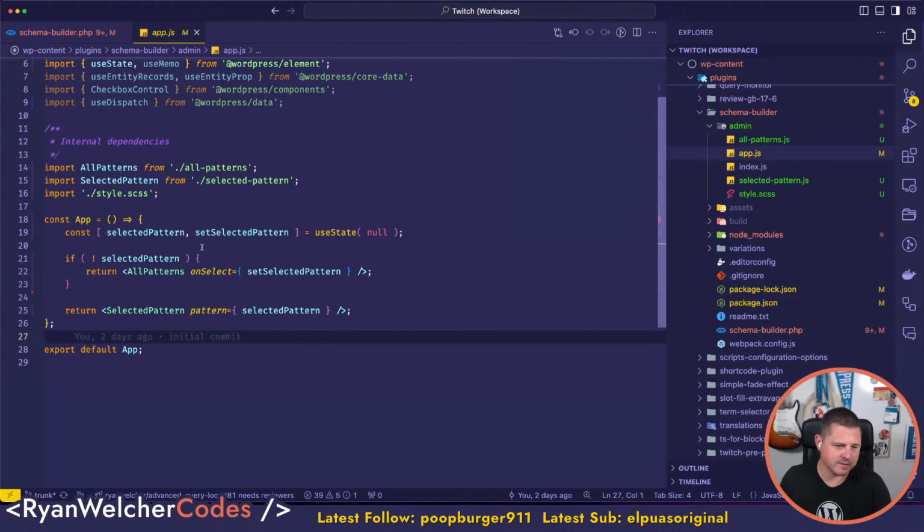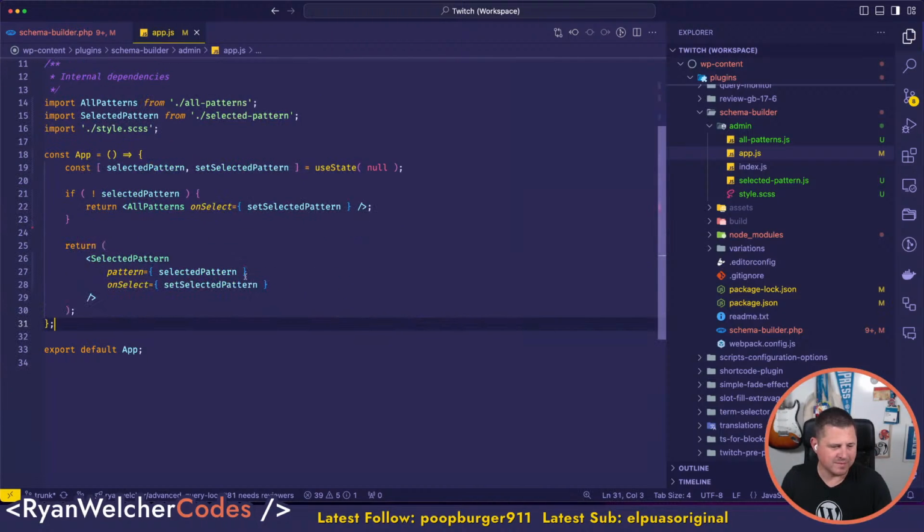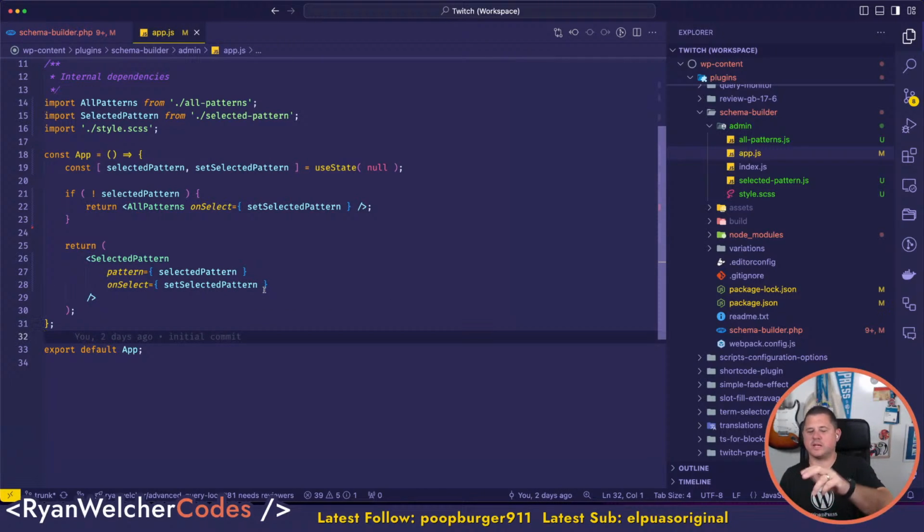They're both going to get this. Actually, I realize I'm going to have to set this onSelect here too. This is just managing state, and so when this is called like that, the pattern gets the selected pattern, and then I'm going to say onSelect. We're going to pass this back in here because what I want to do is, this is probably not a good name for it, but I'm going to use this to set it to null to essentially take us back to where we need to be. And maybe the pattern's not the right place to do it. So anyways,